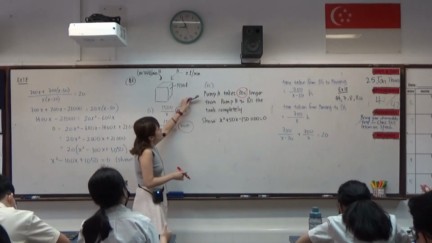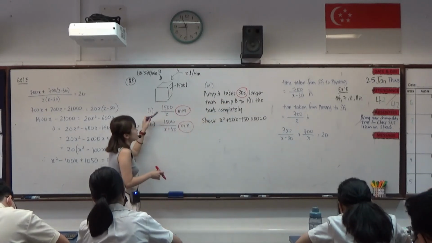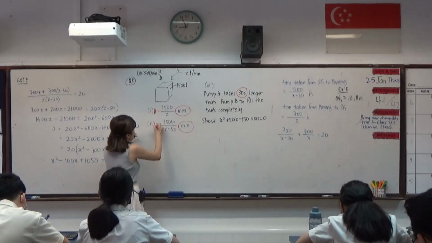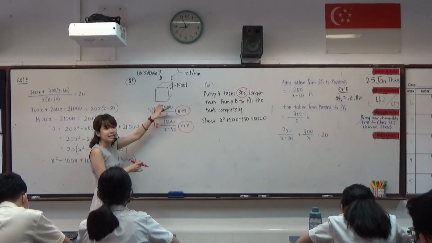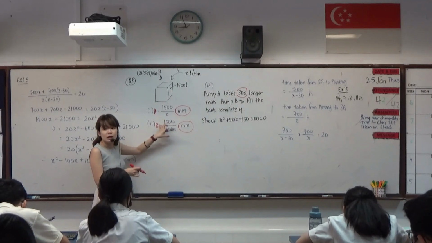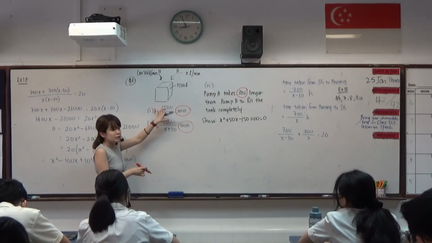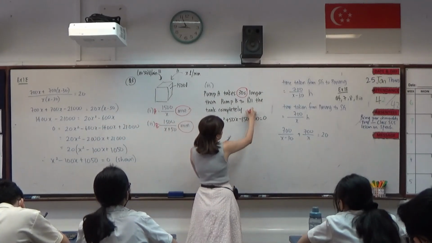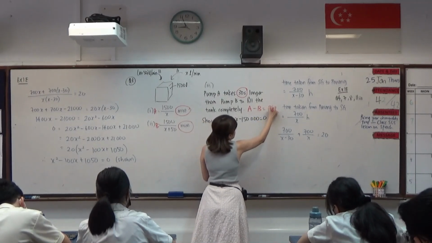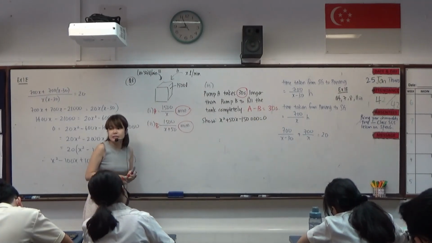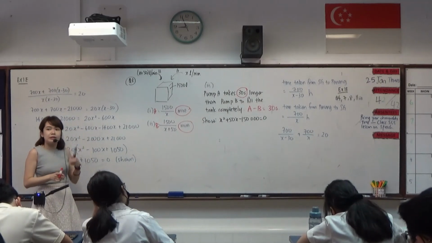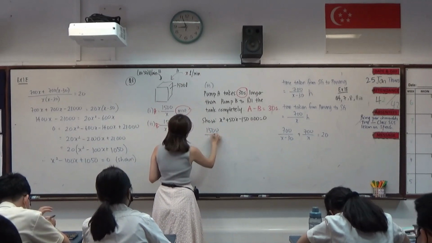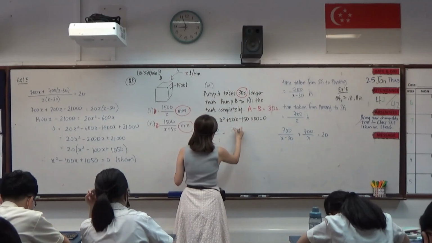Then pump A takes 30 seconds longer than pump B. So that means pump A, the value itself, this one is A, and this one is B. This value is a bigger number than this value. Agree? Okay, because it takes longer, the duration is longer. So you can understand this statement as A minus B is 30 seconds. The difference itself is 30 seconds longer. That's how you could interpret the question. So A is 1500 over x minus B,